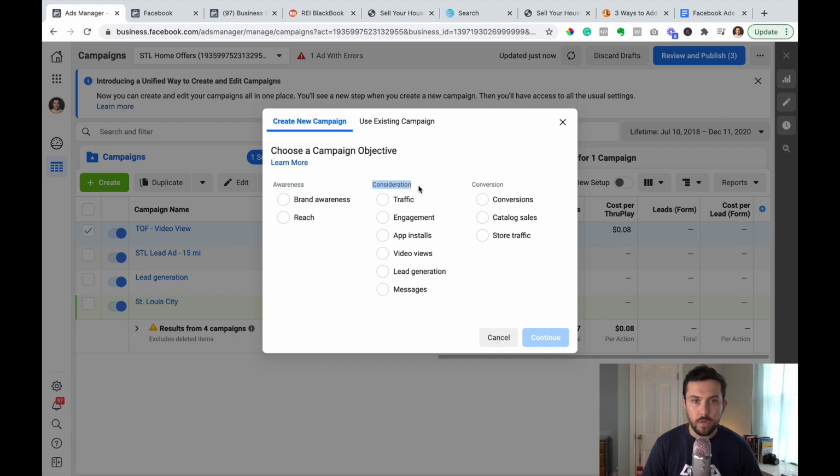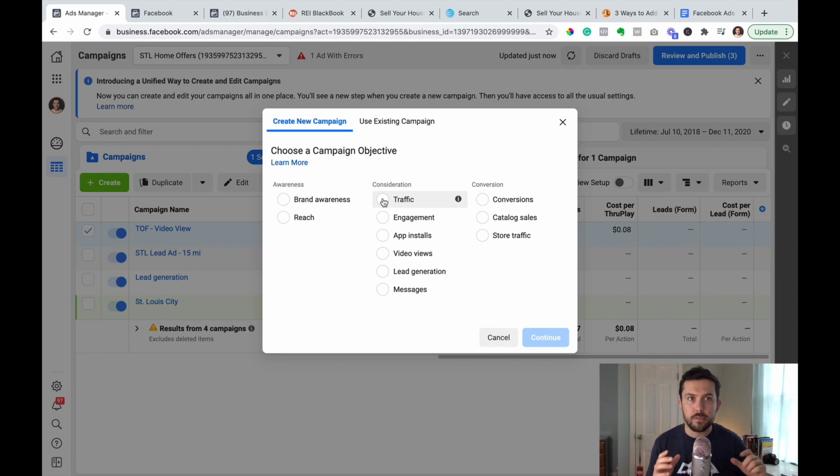Consideration, on the other hand, is traffic, which is ultimately what we're going to select here. You're telling Facebook that out of the audience that I'm going to tell you to serve this ad up to, I want your algorithm to show this to as many people as you deem fit for clicking on this ad.